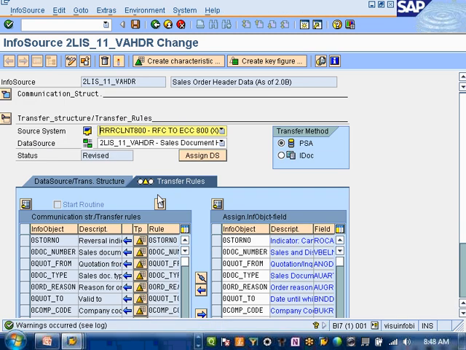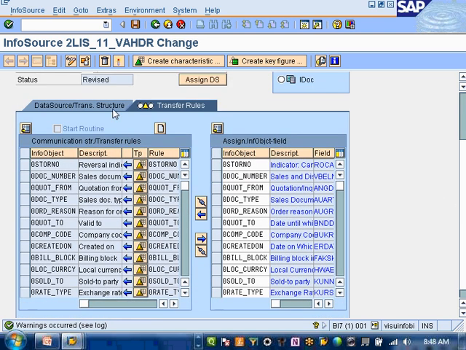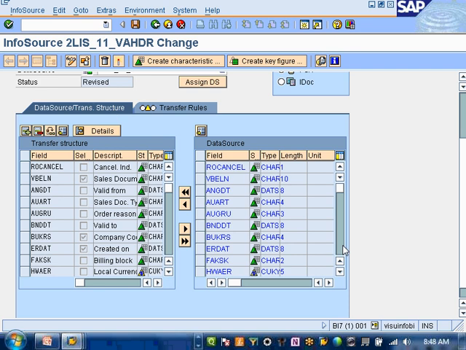You can also do this. You can go to business content and install the info source. Once it is done, you can right click on the info source and say R3 connection, and you can assign the data source to the info source. Anyway, you can do this. No mapping proposal, the mapping is already in there. I must only worry about